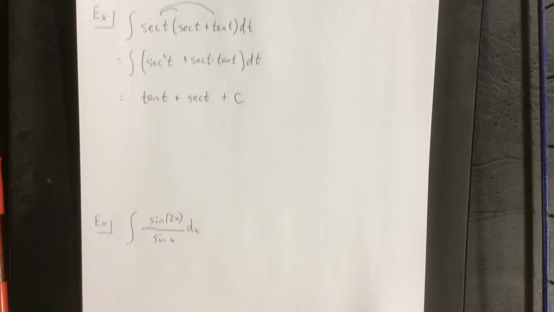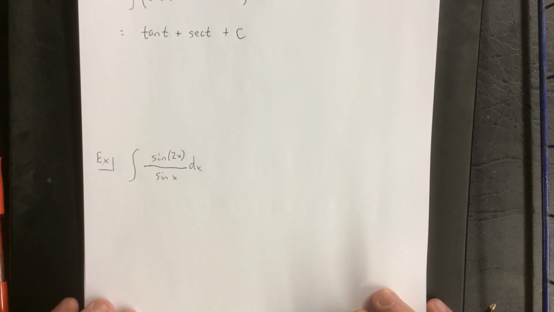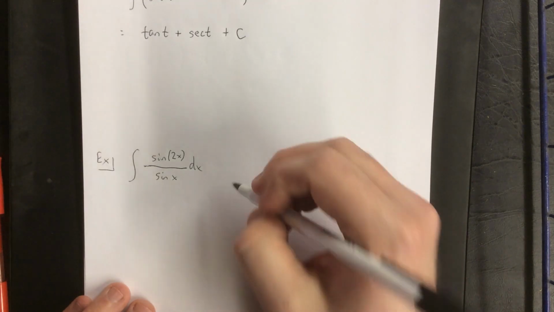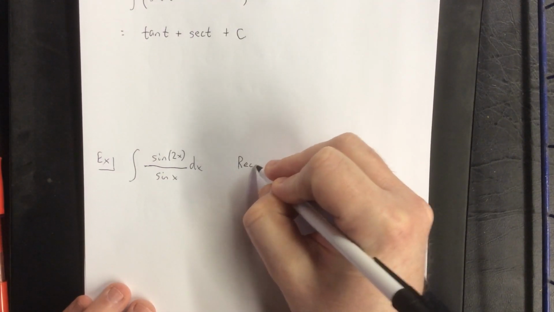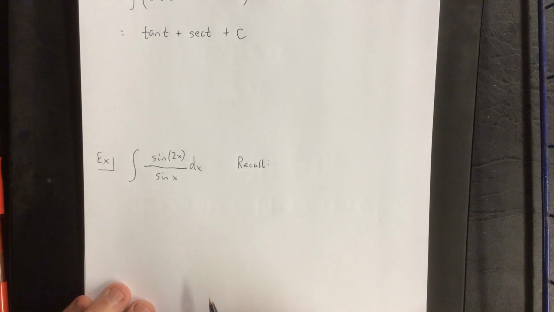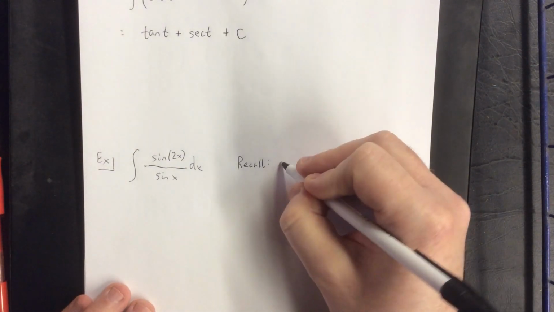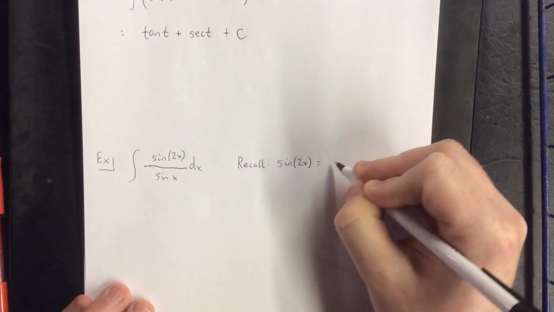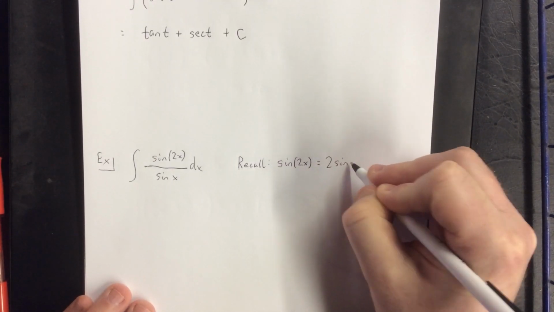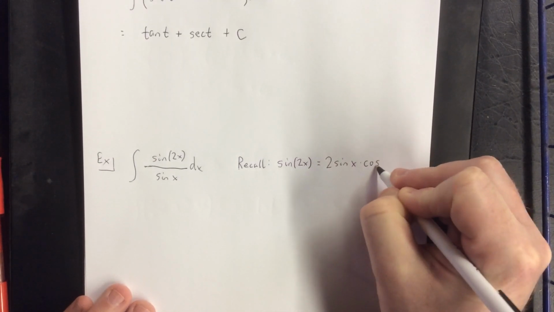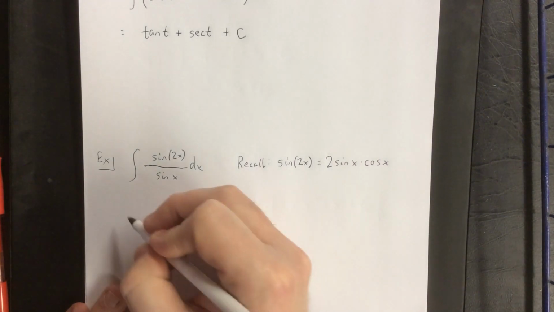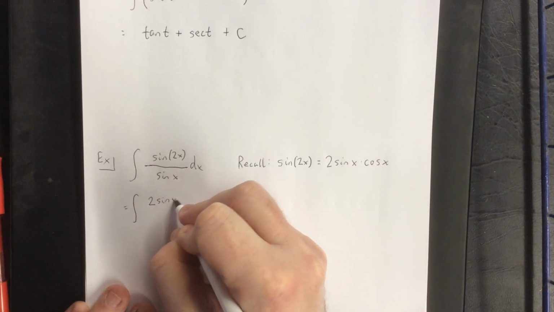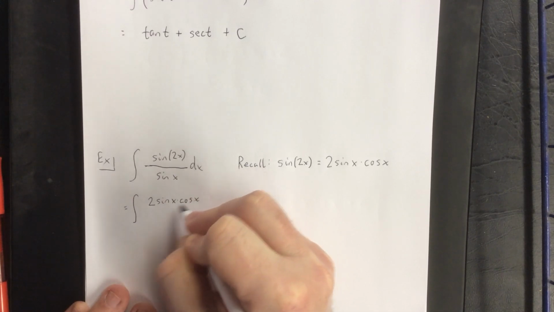Next up, indefinite integral of the sine of 2x divided by the sine of x dx. We have no quotient rule for antiderivatives, but we do have some identities that we can use. The identity that I'd like to use is the double angle identity for the sine. The double angle identity for the sine is that the sine of 2x will be equal to 2 times the sine of x times the cosine of x. So without performing the antiderivative, which is why I'm still writing the integral sign,